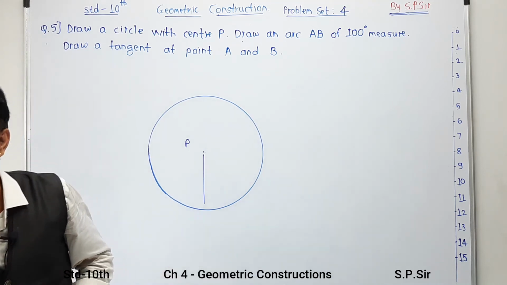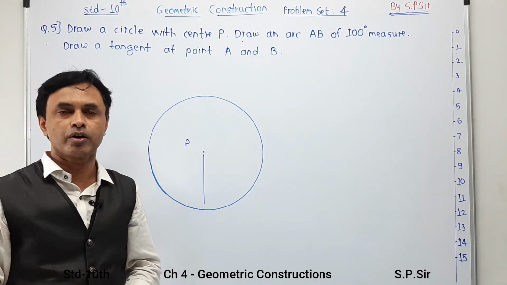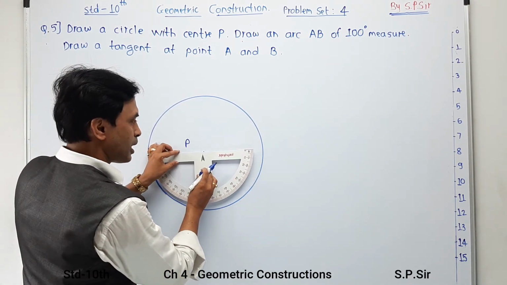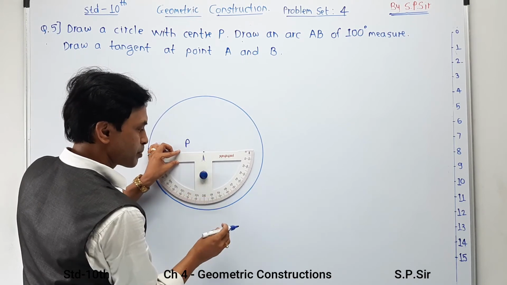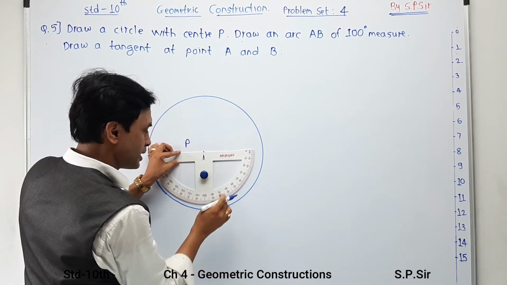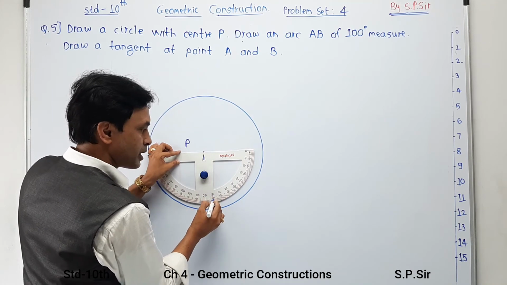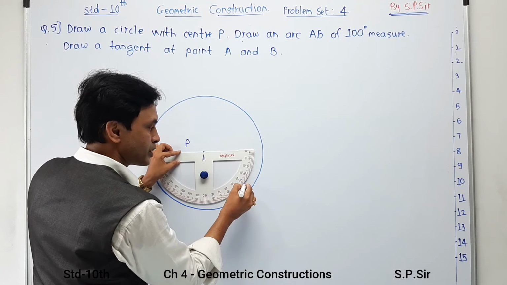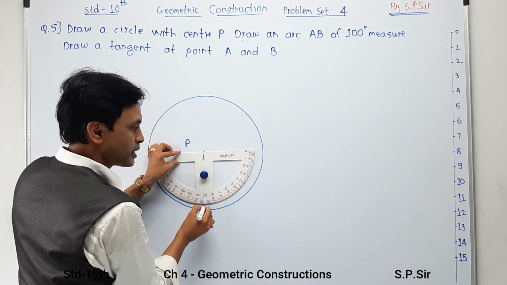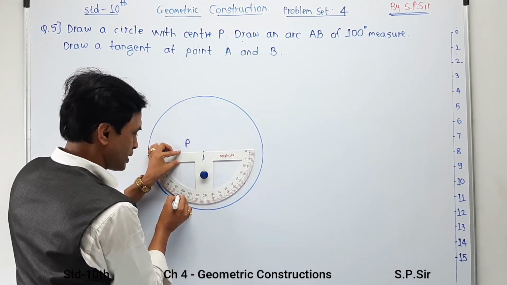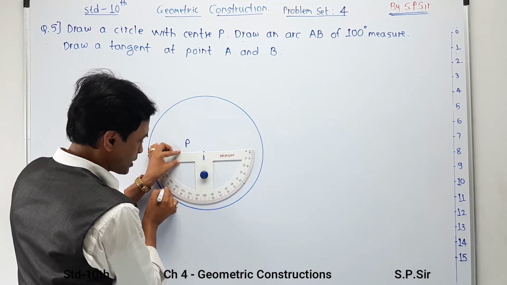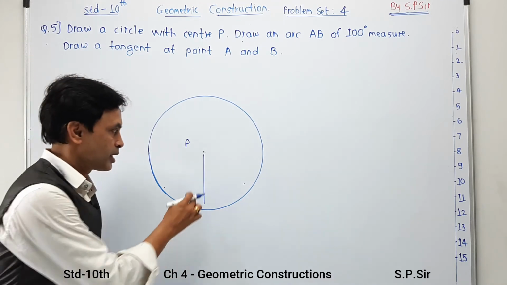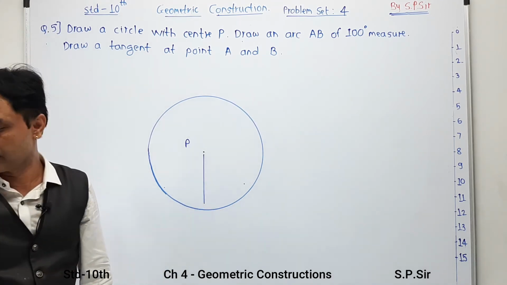Let me clear, just for symmetry of the diagram. Here I am going to set the first part. I know that this is 90 degree over here, my central line. I am going in reverse order with the 50 degree, like 10, 20, 30, 40, 50. So my 50 point will be over here, and in the same direction 10, 20, 30, 40, 50 in this direction. Now I make 2 dots. Now remember, this 50 and this 50 total become 100.